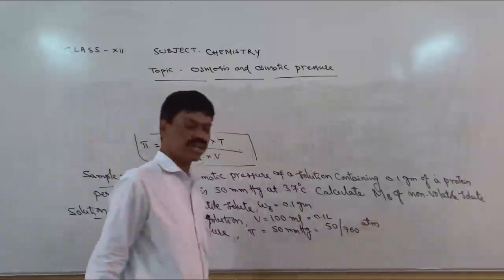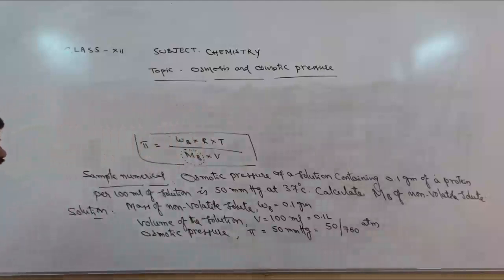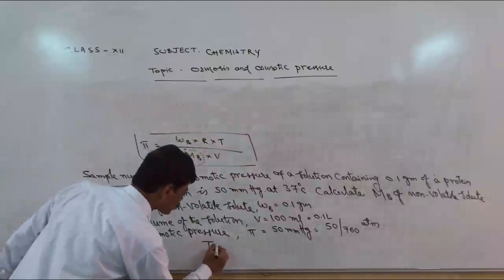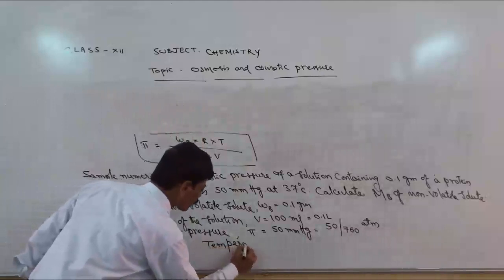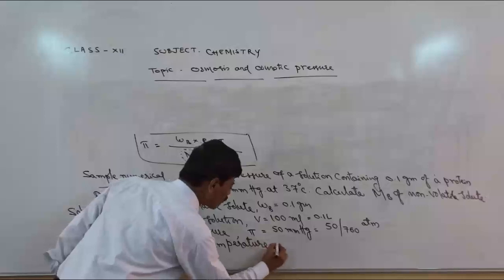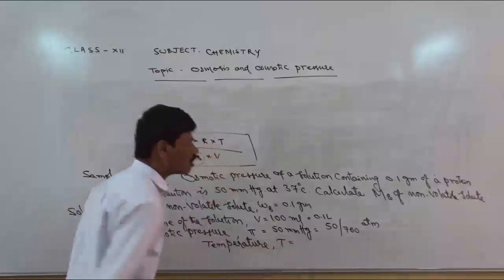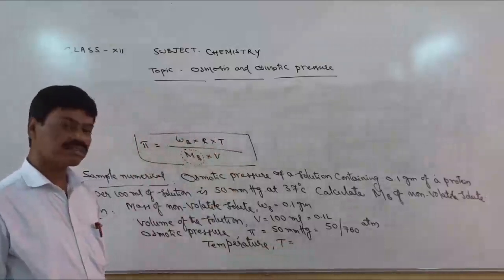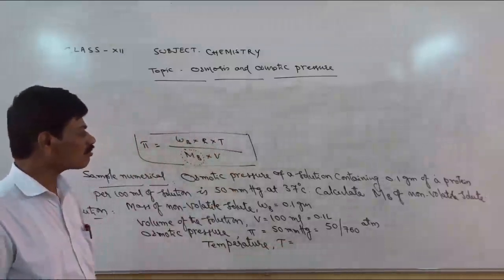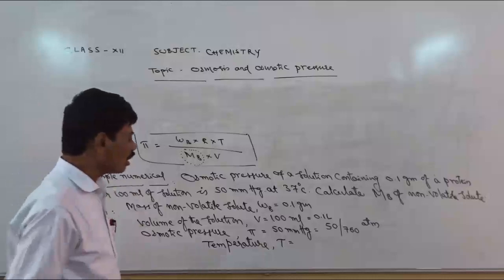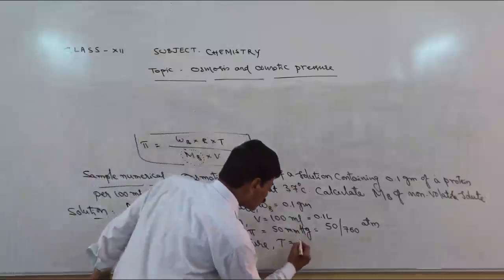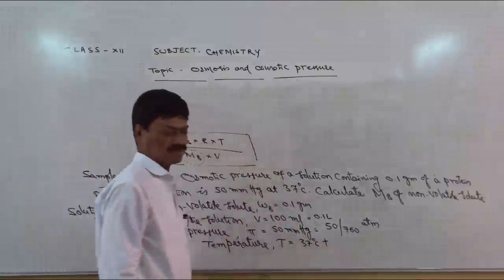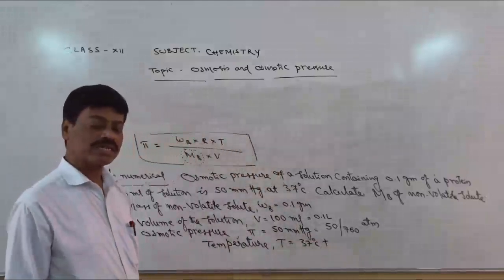Whatever value we get, that will be in terms of atmosphere. Next is the given temperature. So here temperature is capital T, but it is given in terms of centigrade. On the Celsius scale, it is given as 37 degrees centigrade. We have to convert it,